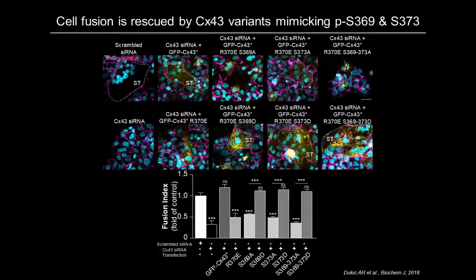And what we could see by doing this is that the cells transfected with a scramble siRNA present syncytial trophoblast or fusion, while the Connexin-43 siRNA transfected cells present aggregation, aggregated cells with low fusion index. And if now we treat the cells with siRNA plus a GFP Connexin-43 siRNA insensitive, as earlier, we're able to introduce cell fusion, presence of yellow syncytium. And if now we make a mutation substitution into this Connexin-43 in order to abolish the binding with Ezrin, we are not able to